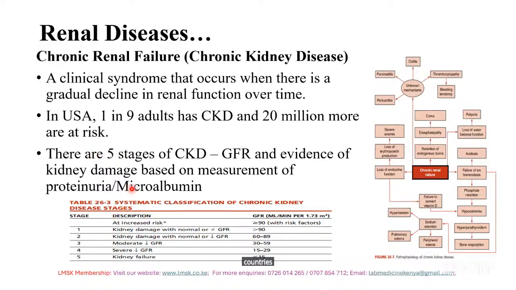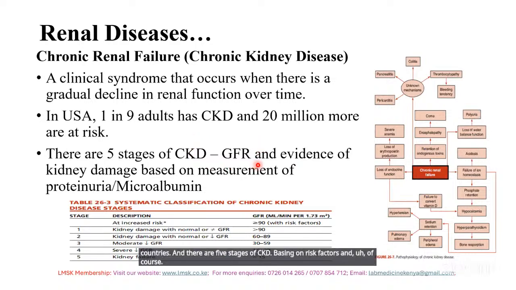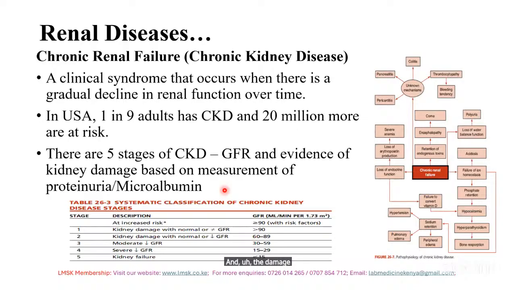And there are 5 stages of CKD based on risk factors and, of course, glomerular filtration rates and the damage to the kidney membranes that are used for filtering the substances, the waste products. And it also will lead to increased proteinuria or microalbumin in urine. Now, the first stage here,